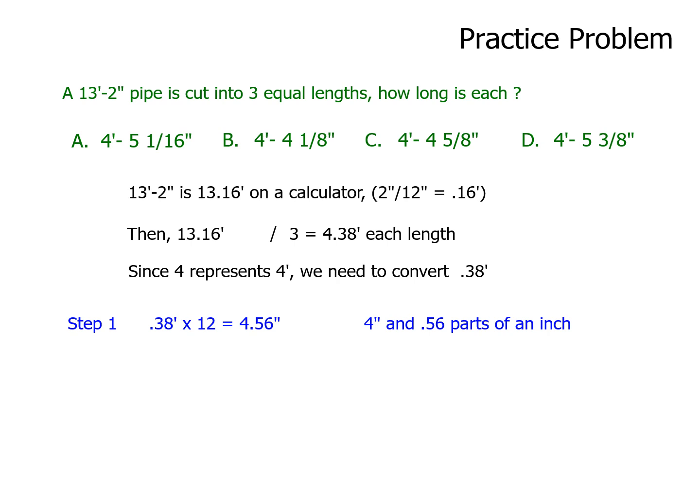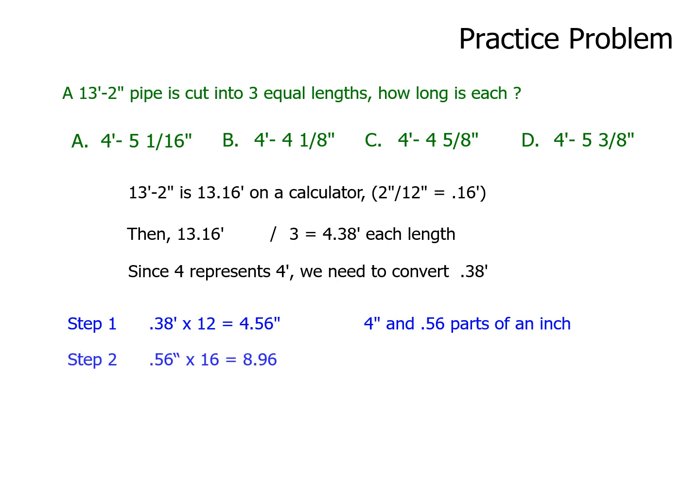Well, now I'm smart enough to look at that and say, well, 0.56 of an inch is part of an inch. Now I'm going to figure out what part of an inch it is, but I know 0.5 is half an inch just by looking at it. I know 0.75 is 3/4 of an inch. I know 0.25 is 1/4 of an inch. So whatever answer it is, I know it's got to be more than a half an inch. Well, when I look up, there's only one that is, and that's answer C. 4 feet 4, see, it's 4 whole inches, so I know it's not A or D, and I know it's more than a half an inch, so 5/8. So I could just answer C right now and go on, but I'm not going to.